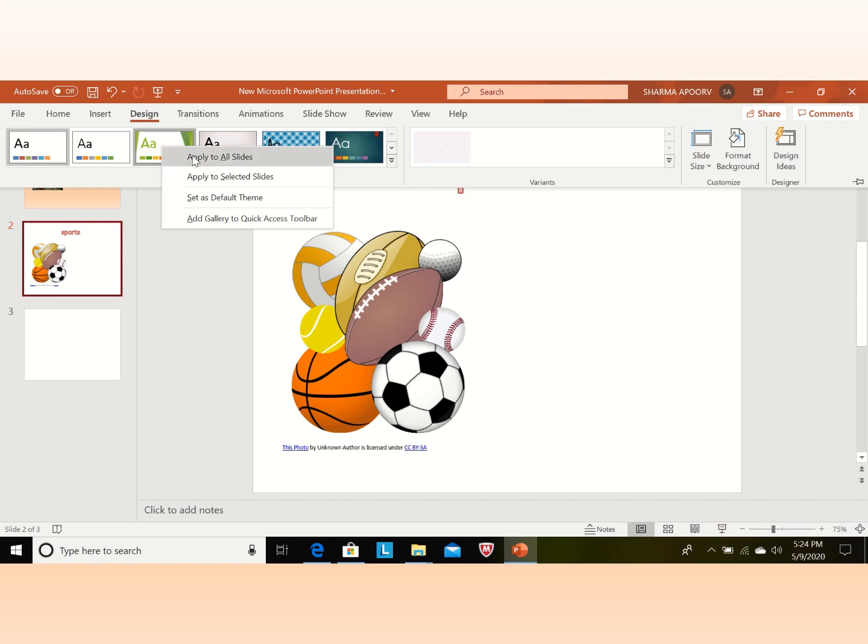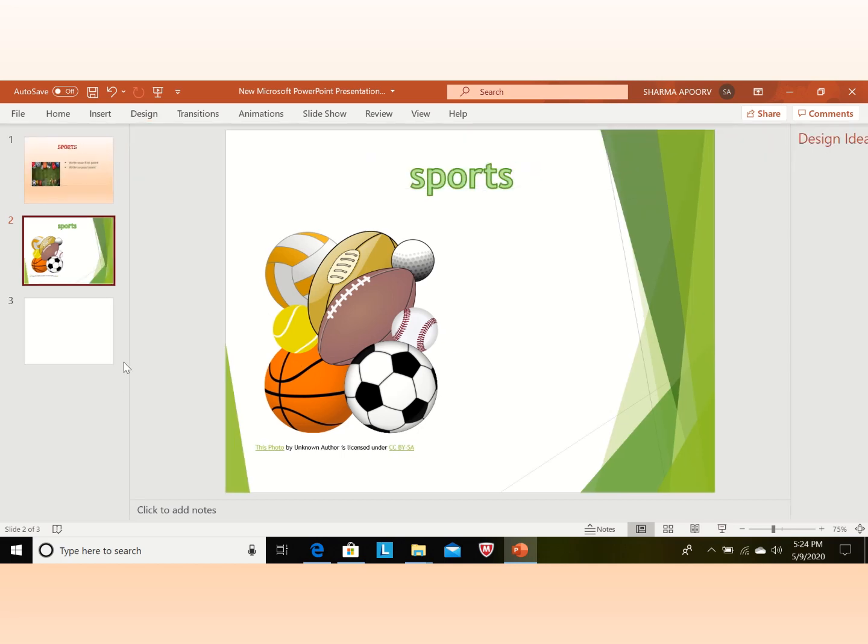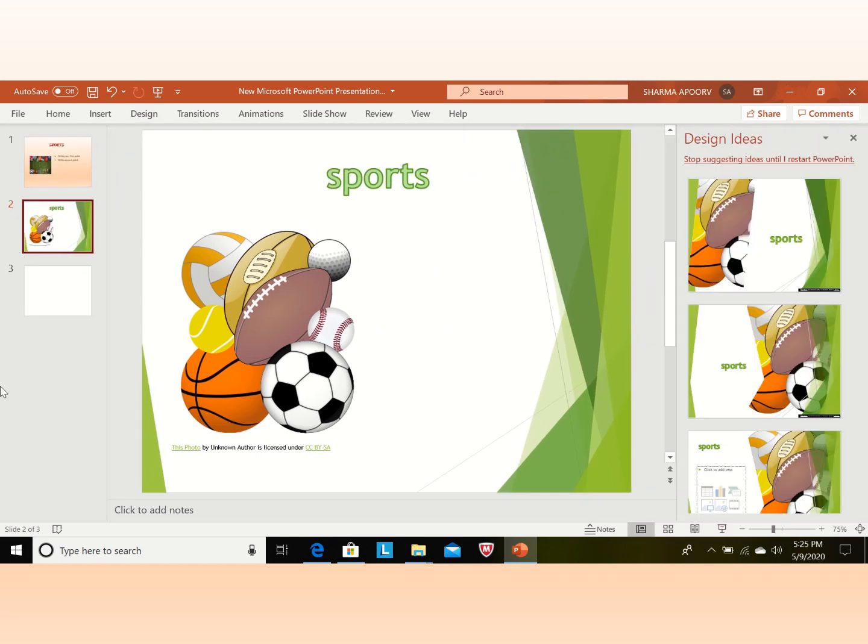So we right mouse click on the selected pattern, and if we click on apply to all slides, then the same background will be applied to all slides. And if we select apply to selected slide, it means the background will be applied to the selected slide. So we are selecting this. Now you can see the background of this slide is different.